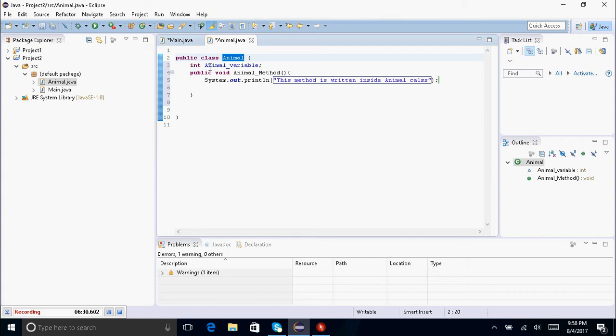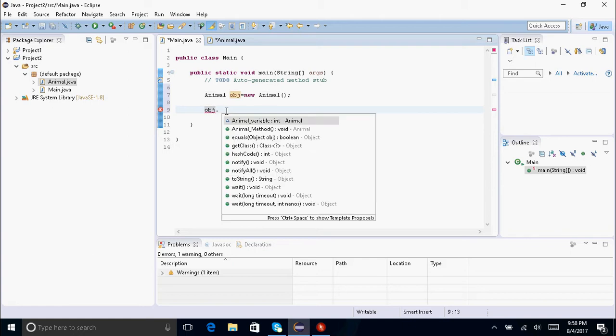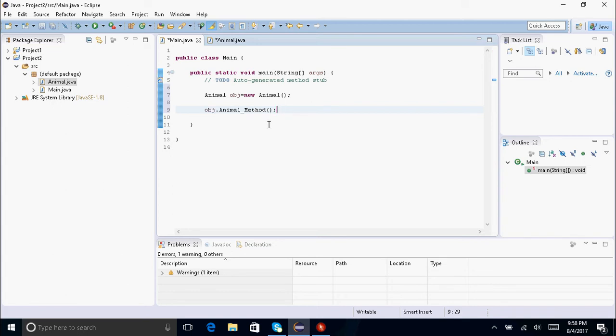Animal class owns these two properties. So when I created one object using animal class, I can see those two properties available for this object. So I use this method, hit enter from the keyboard, I run it,